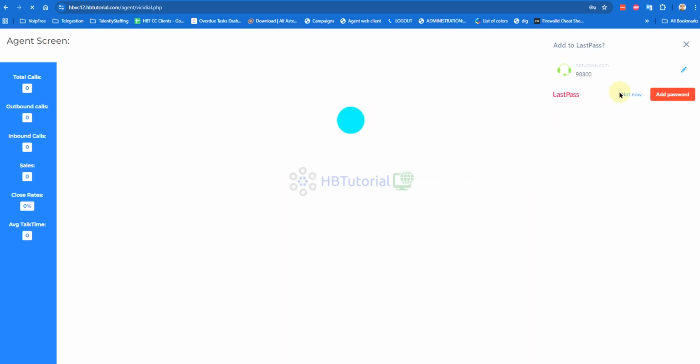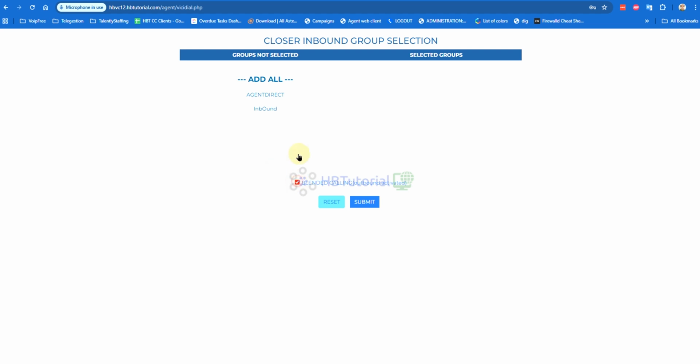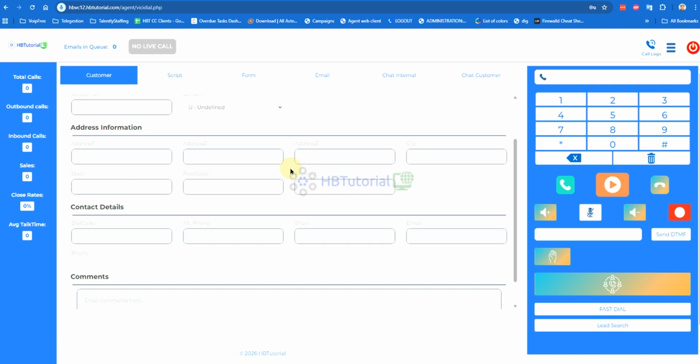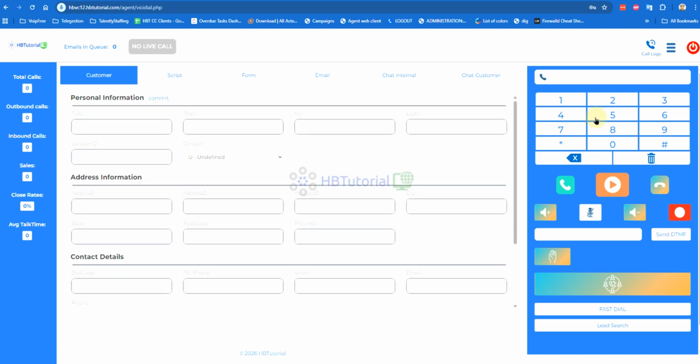Okay, so this is the look of our theme. Okay, as you can see. So if you want to do a manual dial, just type over here and then dial now.